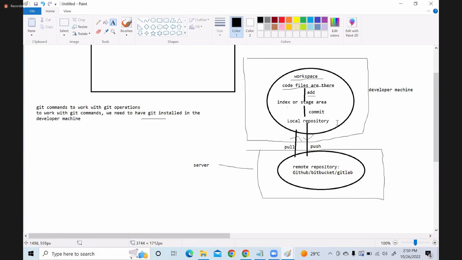So to work with push, pull, add, and commit, we use Git commands, and we should have Git installed in our developer machine. How we install Git and work with these commands will be seen from tomorrow onwards.